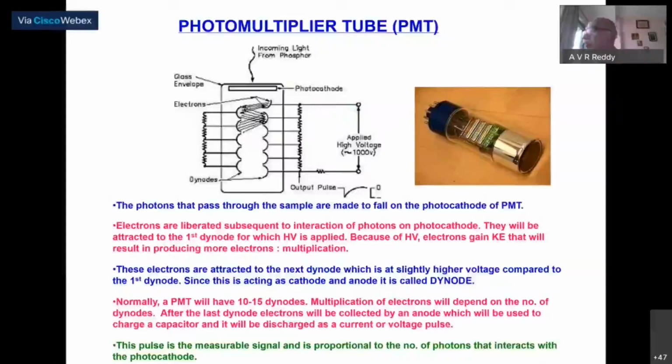So what is a photomultiplier tube? By name, this is photon multiplication, and it is in a tube structure. How is it? A de-exciting photon will fall on the photocathode. It is hermetically sealed, and the electron that is emitted is projected onto a metal plate, which is in a curved shape with a big aperture. And these electrons are attracted towards it if its voltage is slightly higher than the voltage applied here.